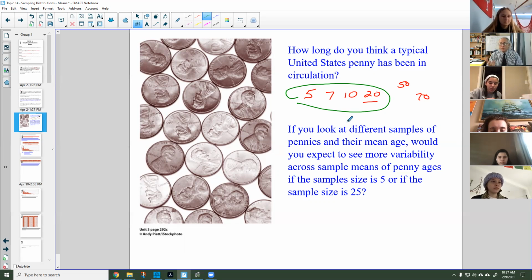The phrase that we use is the larger the sample size, less variability. Smaller sample size, more variability. Make sense? Everybody remember this? Okay, so